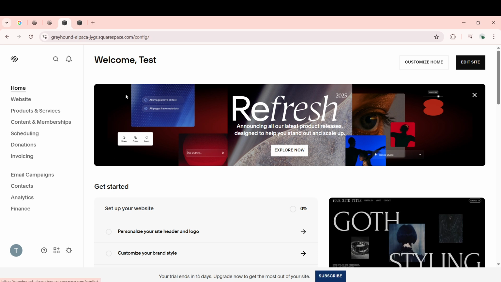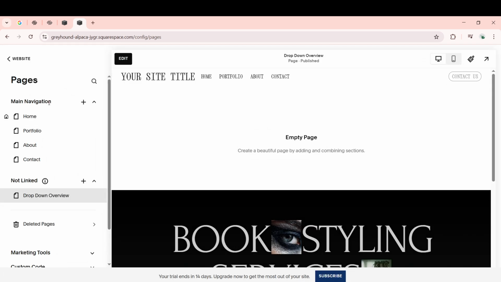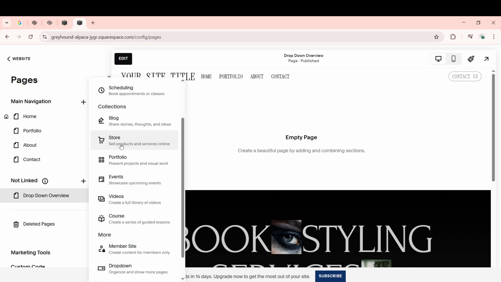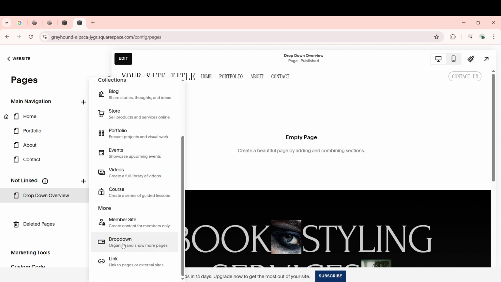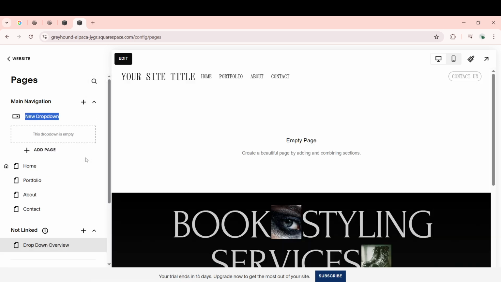Inside the Pages section, under Main Navigation, there's a small plus icon. This is your tool for adding new elements to your site's navigation. Click on this plus icon, and a menu with various options will pop up. For what we're doing today, select Drop-Down. A drop-down is a fantastic way to bundle related pages together under a single heading, making your site look organized